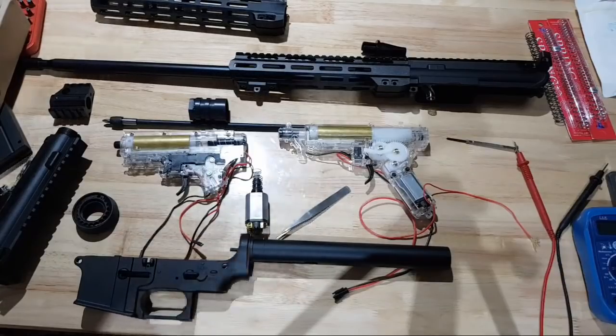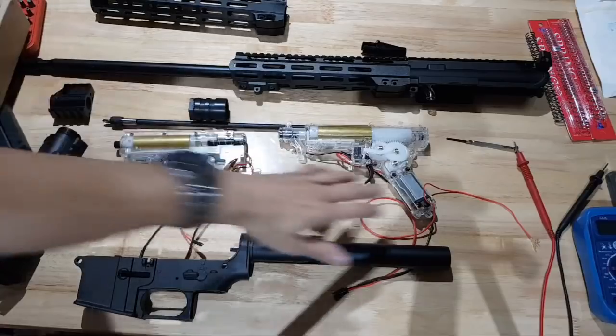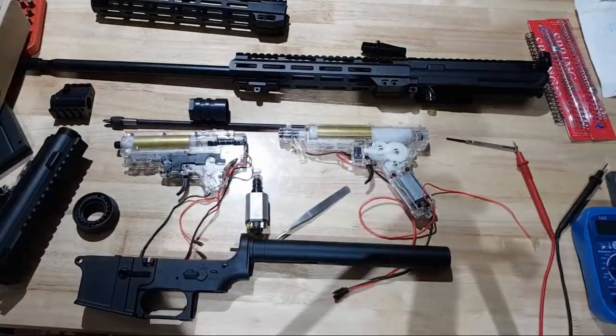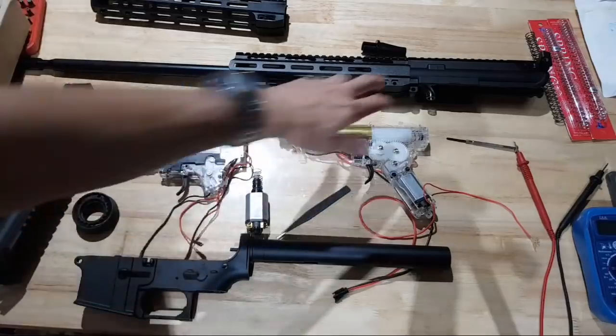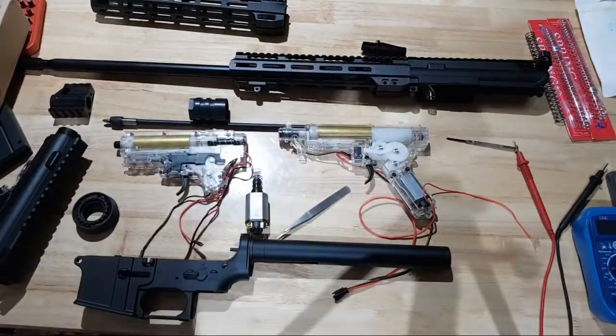Yeah, you know, there's so many different types, but the problem is this sort of Gen 8 gearbox really lends itself towards those type of AR style rifles. In case you are wondering, this receiver here is